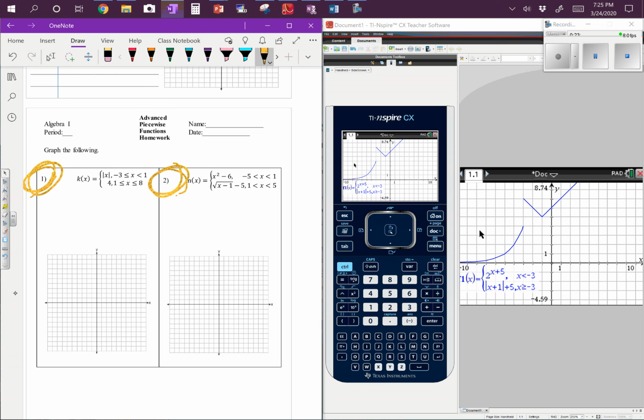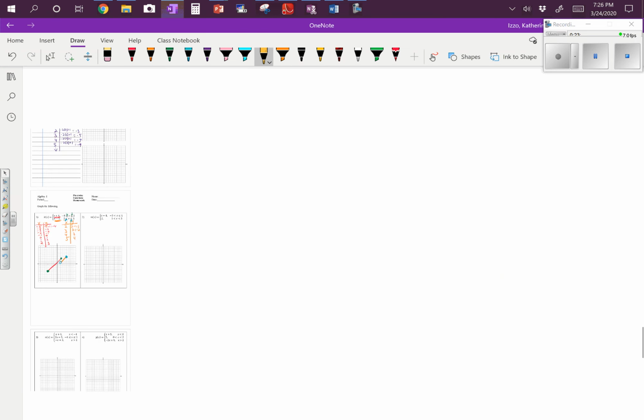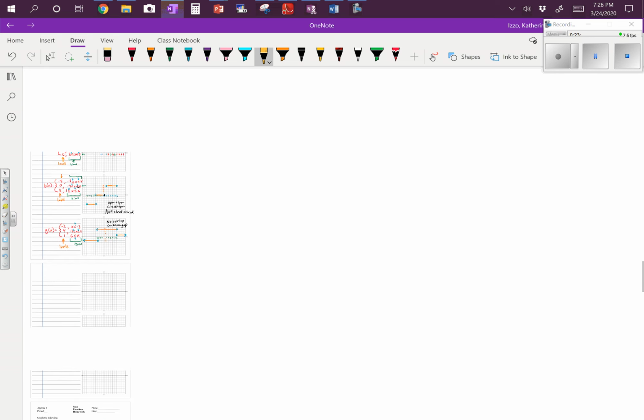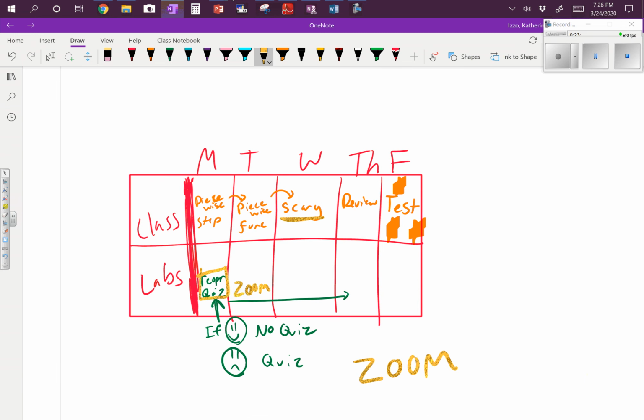So this is Wednesday, tomorrow is Thursday. If we take a look at our chart, our plan for our life. Where's our plan? Do we have a plan? There's my plan. So today was the scary piecewise functions. Not actually that scary, though. Not scary even a little bit. Tomorrow we are going to review. So I'm going to review and I'm going to tell you how that test is going to work on Friday. On Friday we're going to take a test, but we will be talking about how it's going to go down, what we're going to do, what it's going to look like, what you need to study, all of that on Thursday. Of course, Friday is your test, and because we're not in school, of course, it has to be open notes